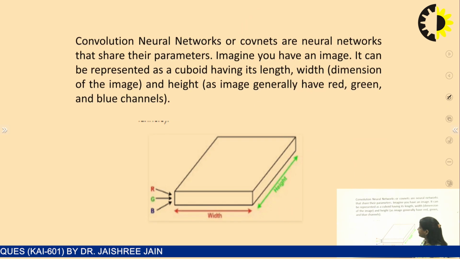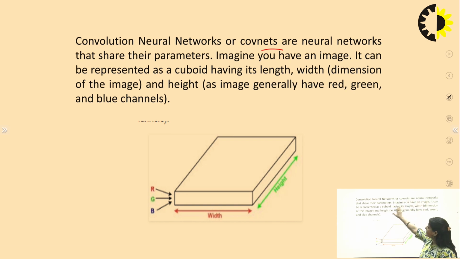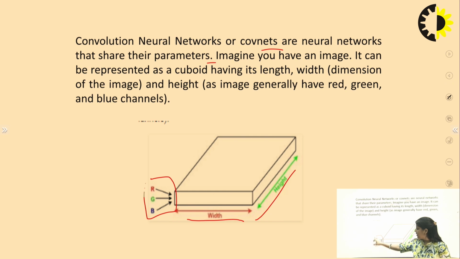Fine. So what is the procedure behind this? In this CNN, or convnets, are neural networks that share parameters. Firstly we have to extract the parameters of the images. This is one image; we can say we have a 3D image or 2D image, we have the width of the image, the height of the image, and if the image is a colored image, then we have 3 channels: RGB, meaning red, green and blue. So we have to apply different filters, one for the red channel, one for the green channel and one for the blue channel, so that we can extract each colored pixel and identify the object easily.